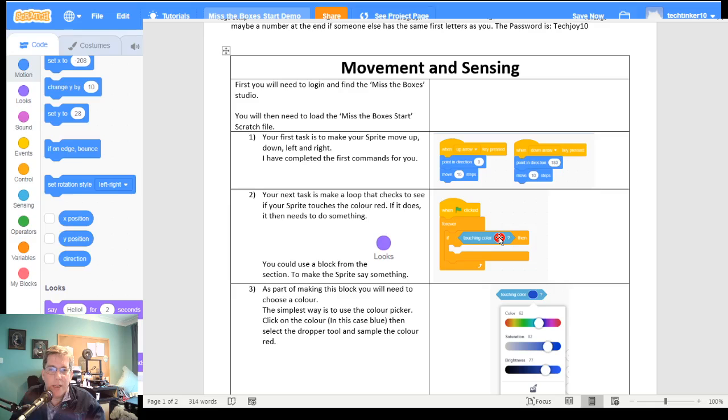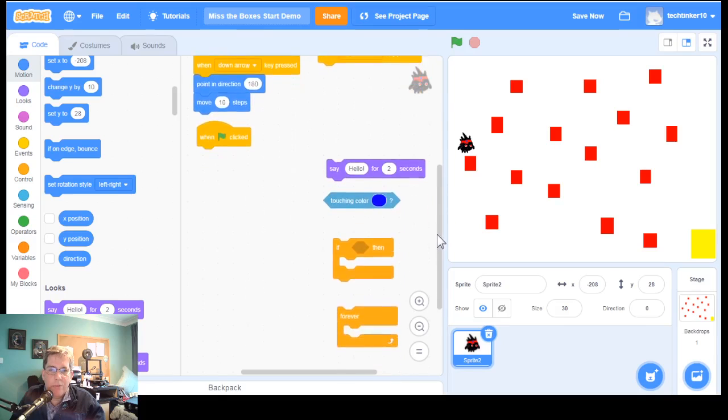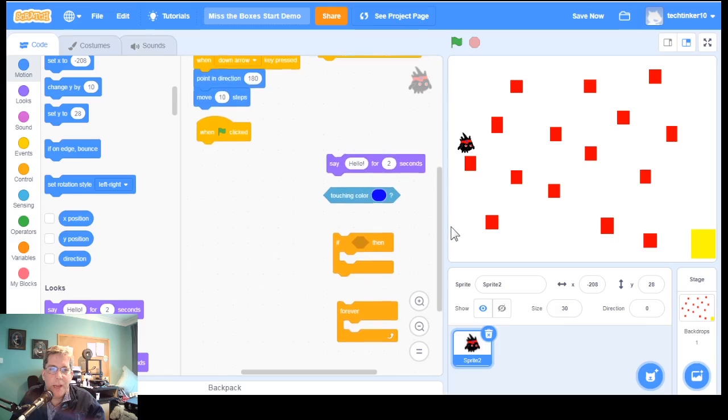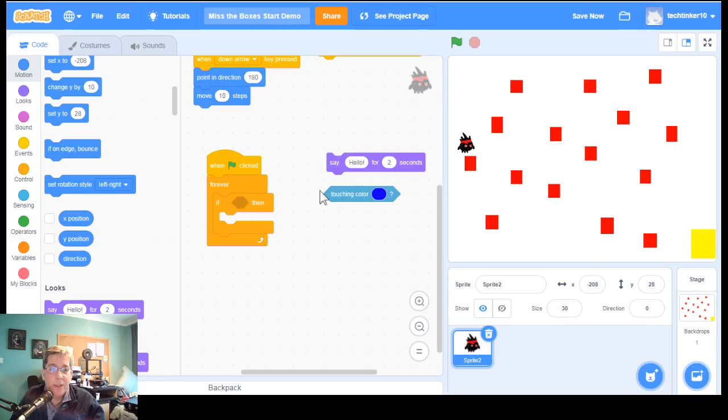So let's have a look at that now. Come back to here, and you can see if I scroll down a bit, I've been really kind. I've given you all the bits, so you have to put them together in the right order. So I'm going to have a forever, because otherwise it only runs once. Okay, I've got my if, so if then, so I want to say if touching colour,